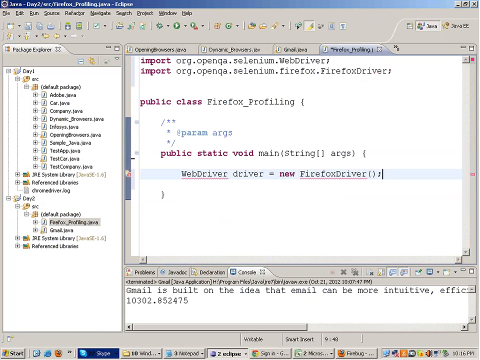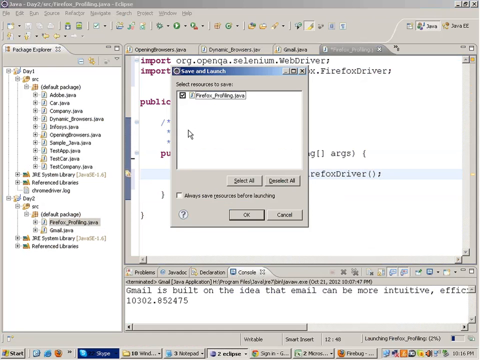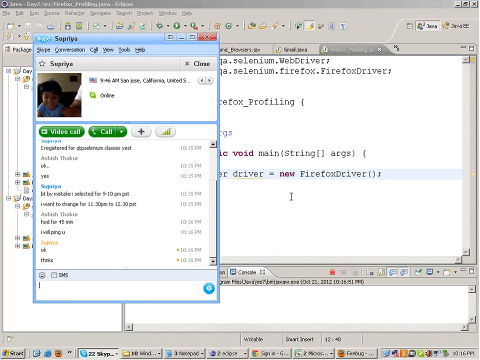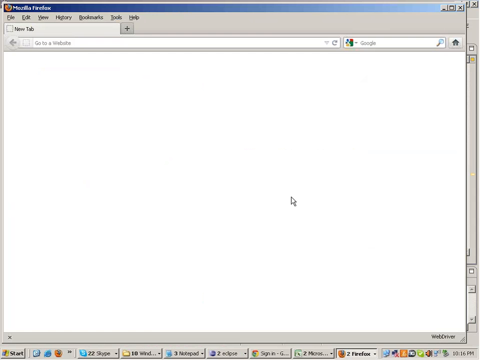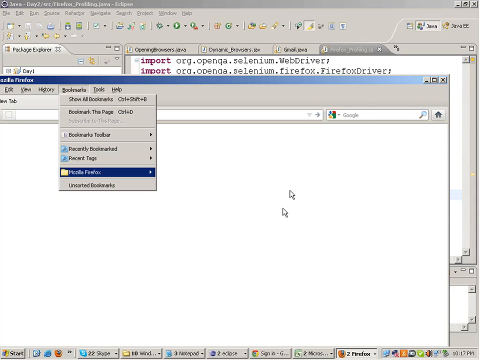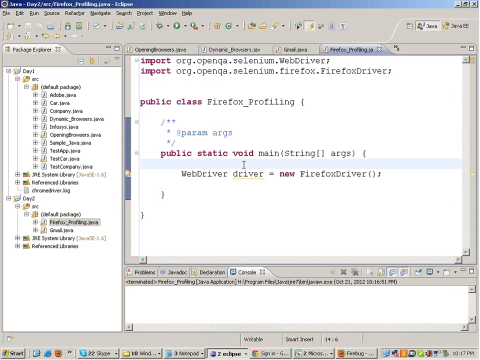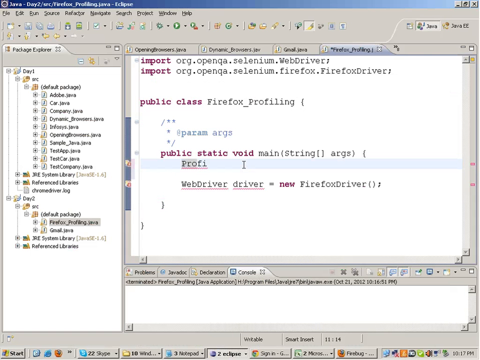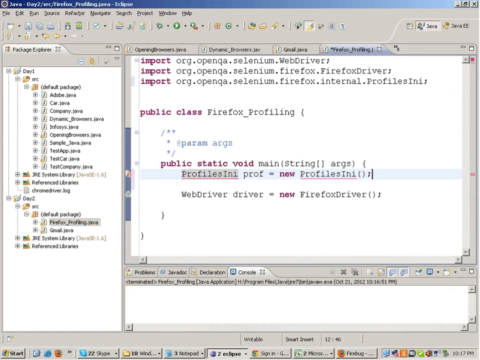But if I write a line like this, every time I run it, it will not serve the purpose. It will not open the Firefox window with Firebug. It will not open Ashish's profile. It will again generate its own profile, open it, and destroy the profile when testing is over. This profile will have nothing. Fine. So to tell WebDriver to open this particular profile, there is a class called profiles ini. You create the object of that particular class.